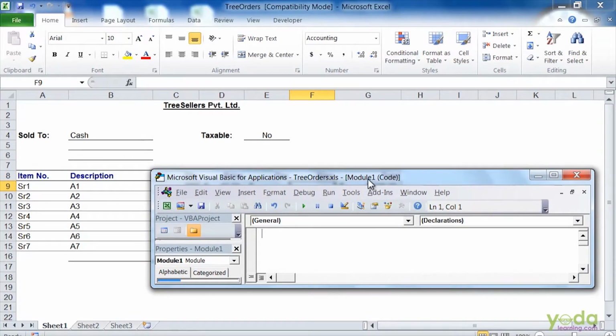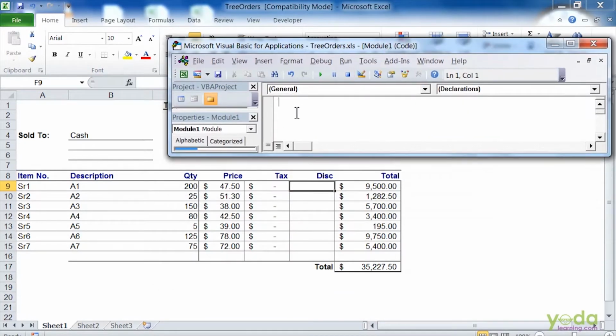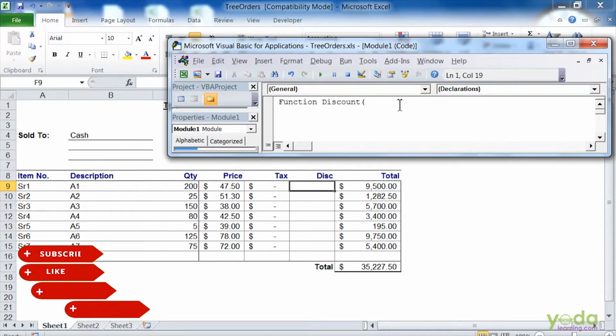I'll go to the VBA module. So I have a module here. For creating a function for the very first time, you need to type in the word Function. This is the keyword. Space, the name of the function. Since I need to calculate the discount, I will say Discount, open bracket. In this bracket, I will type the information that will act as input for the discount.